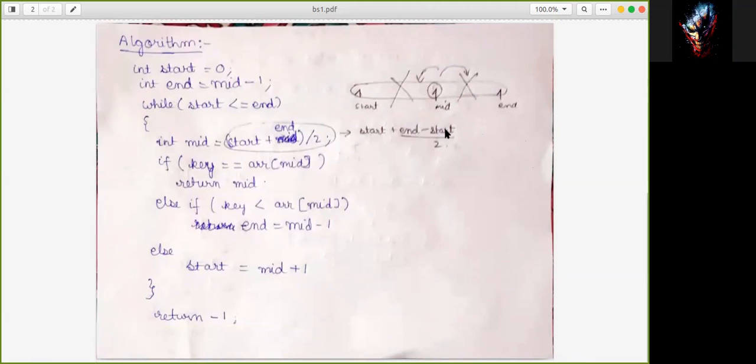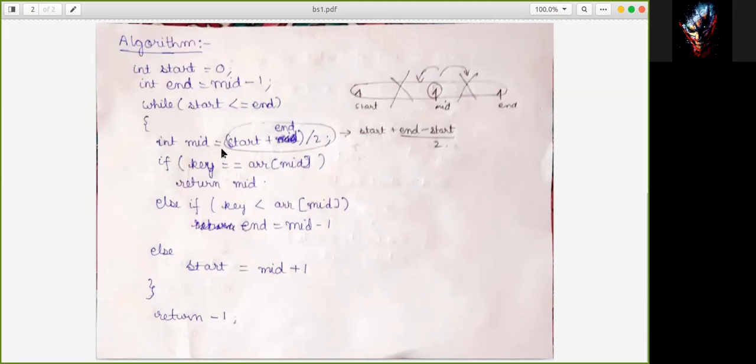If the key is on this side, we check this side, otherwise the other side. When start and end move close towards each other and start becomes greater than end, the element is not found in the array.